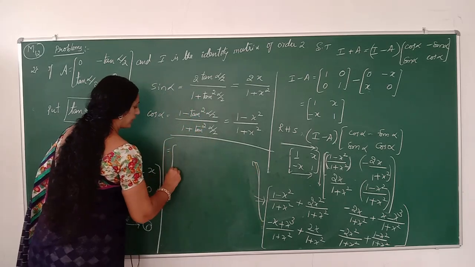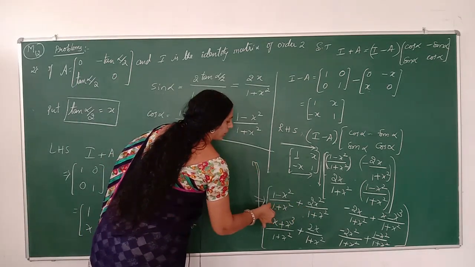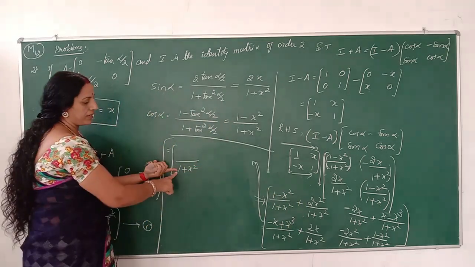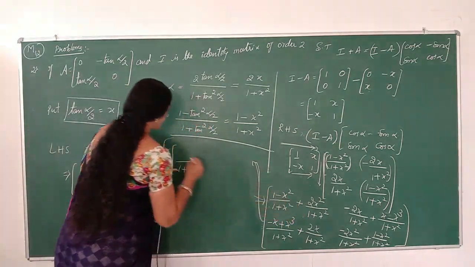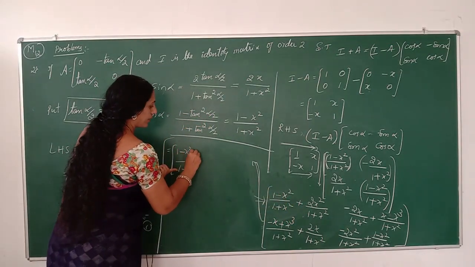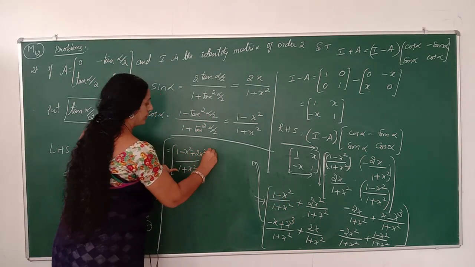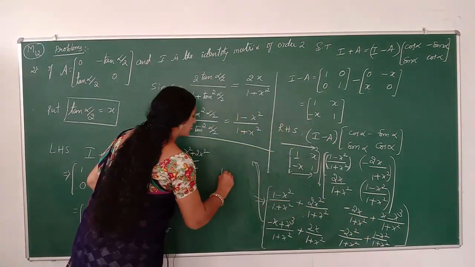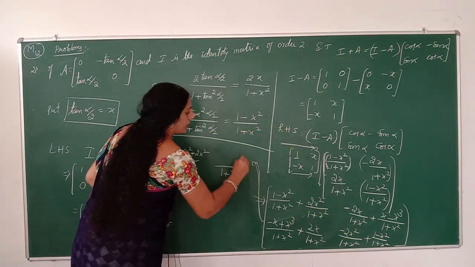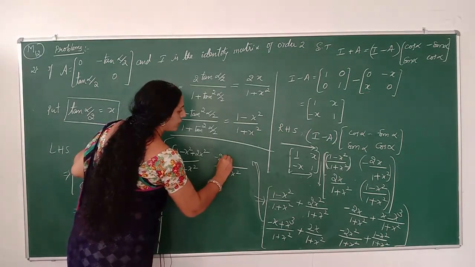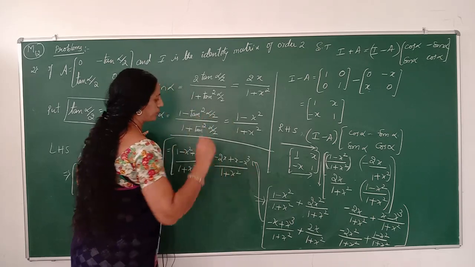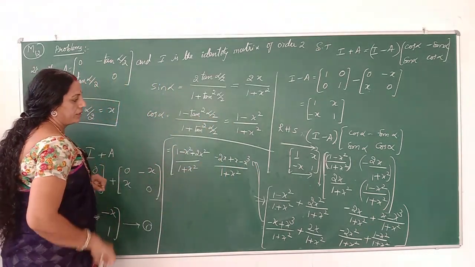So after adding these elements, in the first element, for these two terms, what about the LCM? 1 plus x square is the LCM. In the numerator it is 1 minus x square plus 2x square. Similarly, in the second element, again 1 plus x square is the LCM. In the numerator it is minus 2x plus x minus x cube. Then we'll come to the